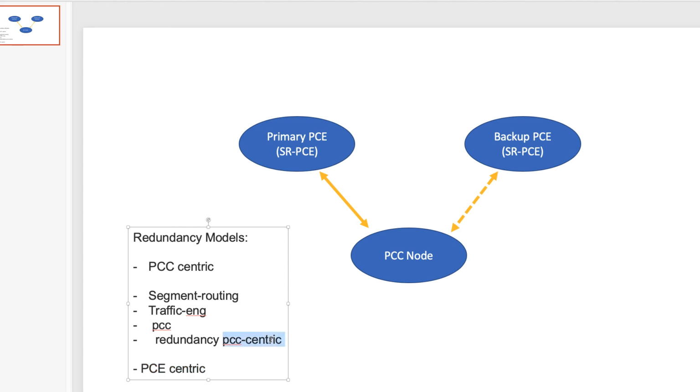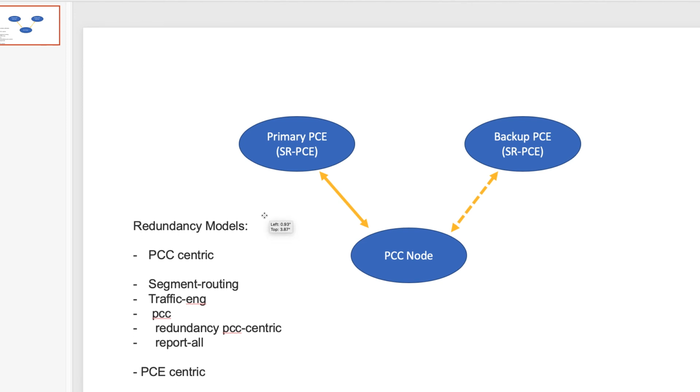That is the reason, if you read a lot of Cisco documentation, you will find this particular line that says redundancy pcc-centric. And if you recall from the previous episode, we also had one more line that was saying, okay, hey, report-all. As you can see, report indicates we are talking about some kind of PCEP report. When I say report-all, we will explore some of the things you can create later in the series.